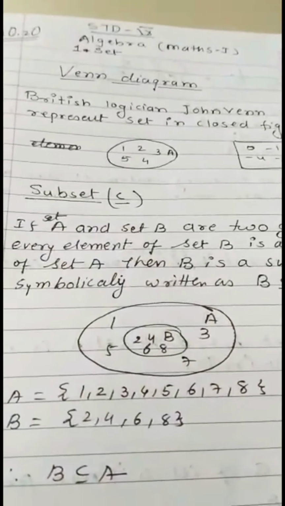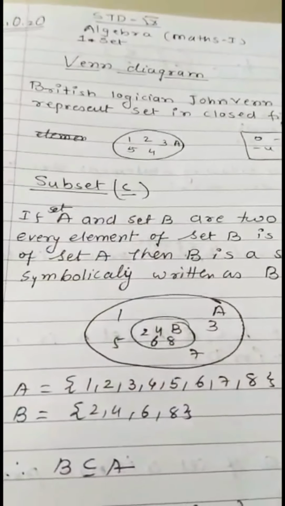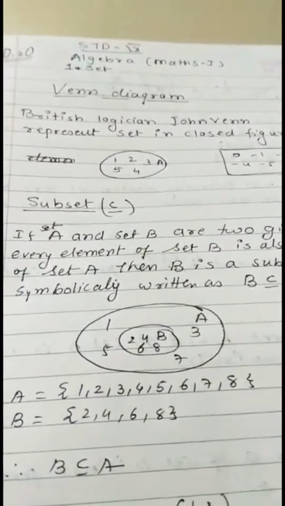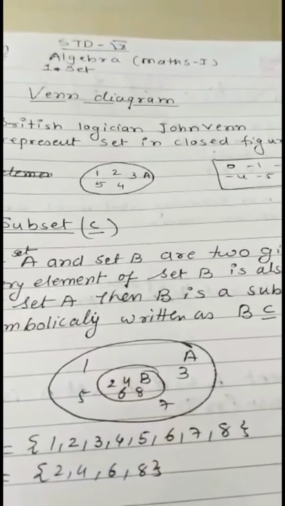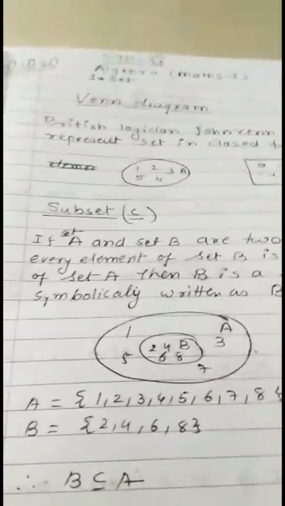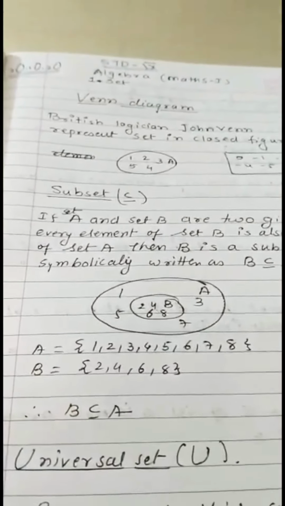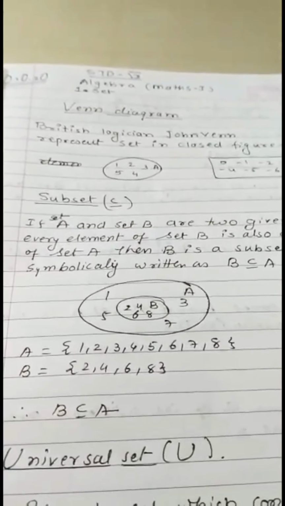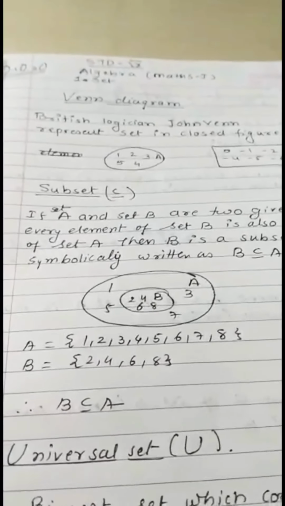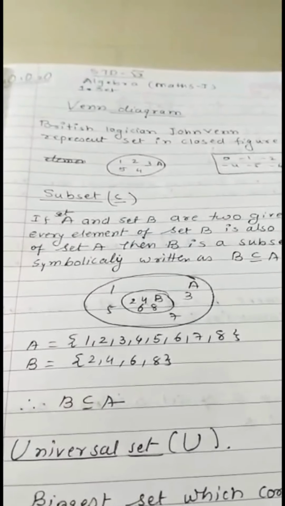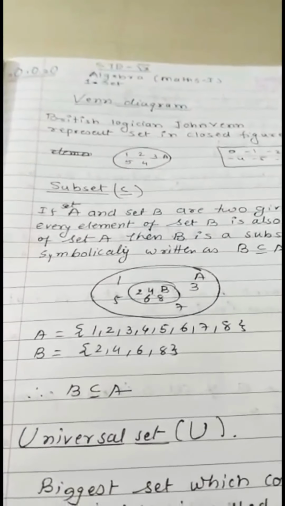We have already started the first chapter, that is sets, and we have seen the presentation of sets, the definition of sets and the types of sets. In the definition of sets, only a well-defined collection of objects is called a set. In presentation we have two types, that is the listing method and the rule method. Types of sets we had seen: singleton set, empty set, finite and infinite. These are the four types of sets.